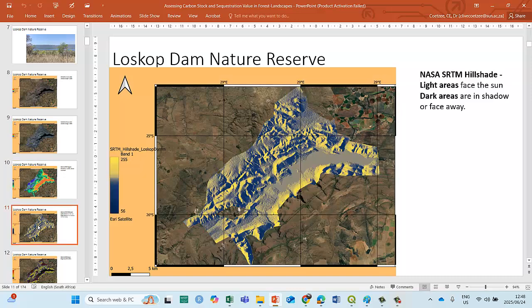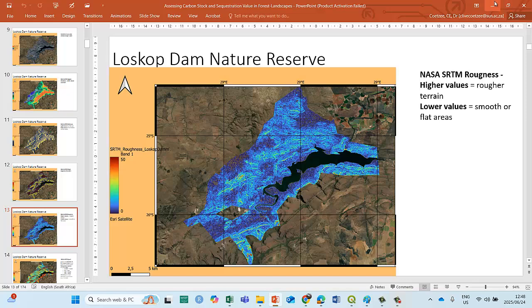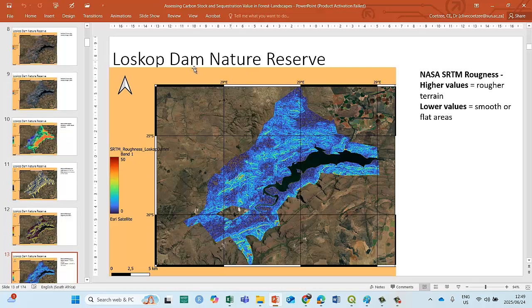So that is some images relating to the topography of each of these reserves. As I said, they're also important, and we'll get to it when we put all these things together. You'll see where they all come from, because we're going to model these things. So we're going to generate models for economic value based on these characteristics. We're going to bring these variables into our multiple regression to model various aspects of these reserves using these inherent characteristics.